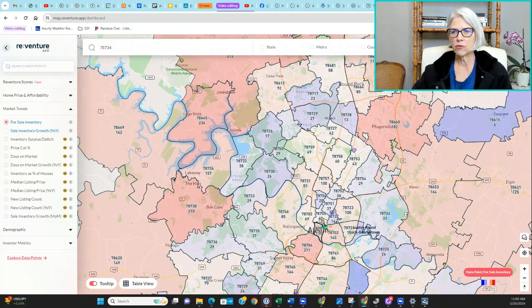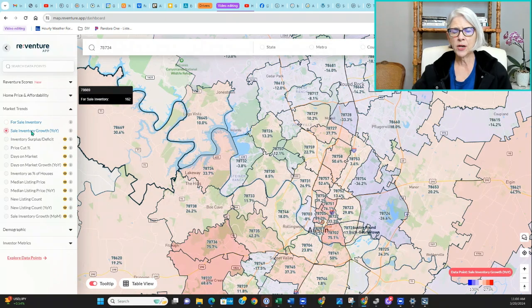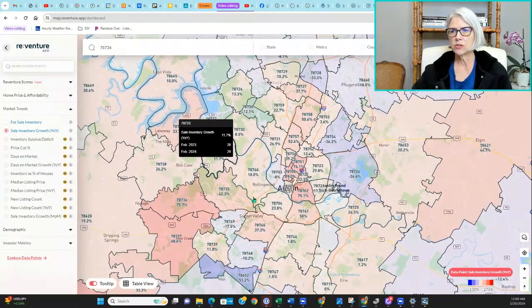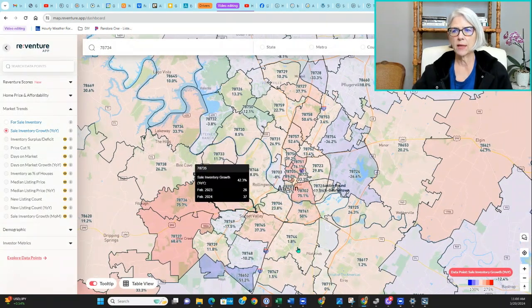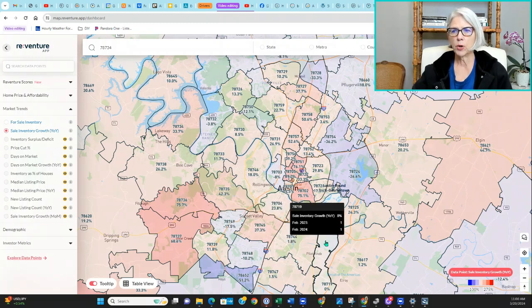So you can use this information to help you gauge whether or not it's a good time to sell your house if you're thinking about doing that. This area has 210 houses for sale. That's a lot. Lago Vista has 236 houses for sale. And I won't go into the reasons for that. And then here we can see the sale inventory growth year over year. And again, just some useful information that you can use to help you assess what might be your biggest asset.